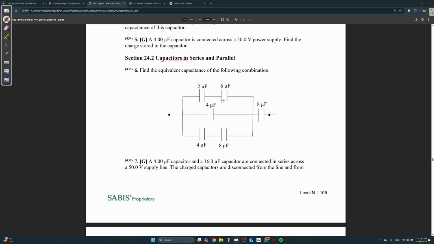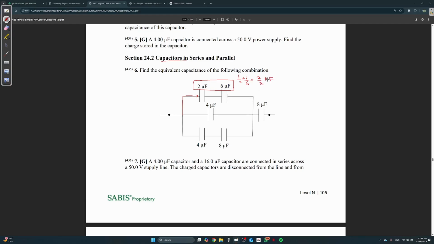So in series, over here, you have this branch here. I always like finding branch by branch. It's something that's worked with me all the time. So I'm going to find this branch here. They're right together in series. So how do I find it? It's going to be 1 over 2 plus 1 over 6, which is actually 4 over 6. You're going to get 2 over 3